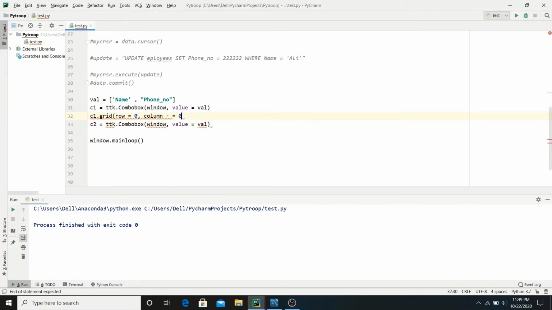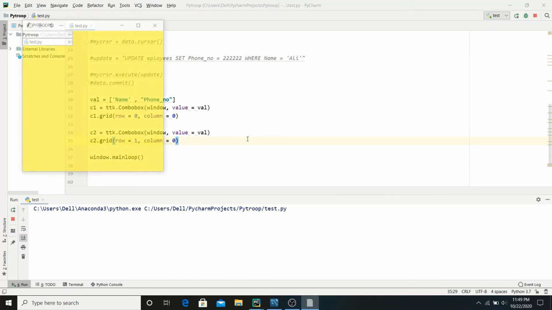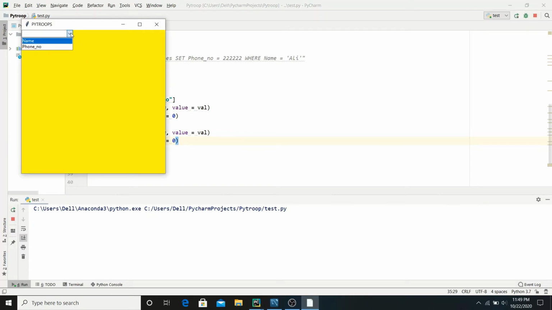Okay, so now let's grid the other one as well: grid row 1, column 0. Okay, so let's run this. Okay, these are our two combo boxes with the same values.